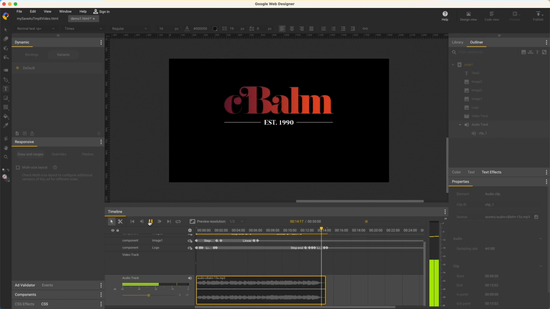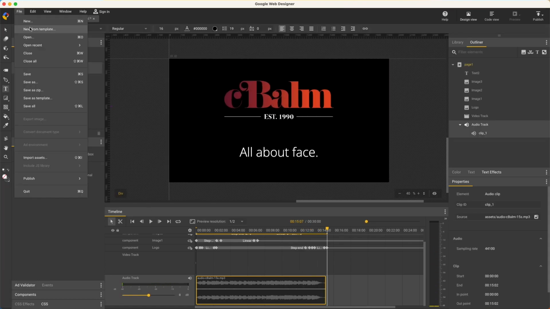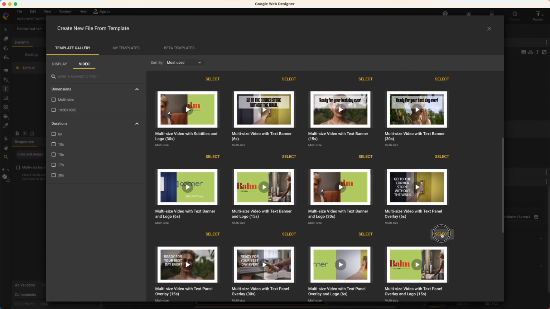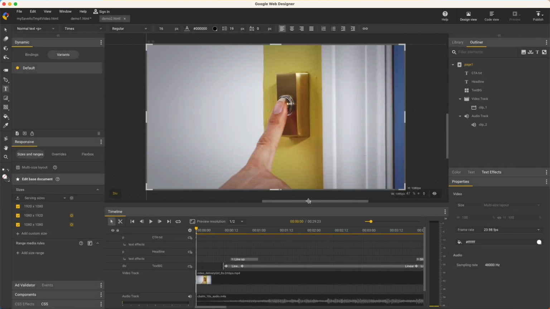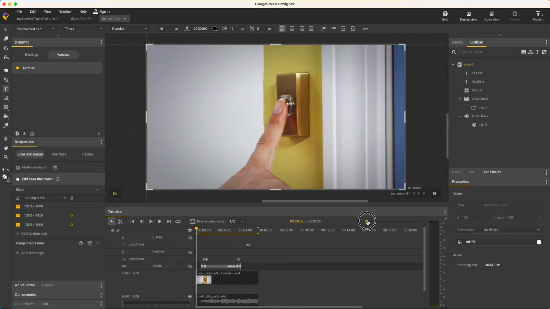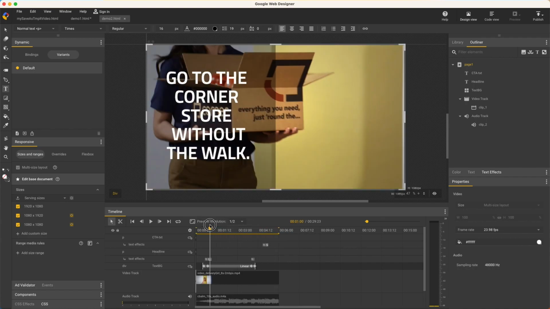Now let's look at a template with video assets and responsive sizes. This one is typical of the templates named with multi-size. It's very simple. I have video, audio, headline text, and a closing text message. To change the video, I use the same method from the last example, but because this is a multi-size layout,